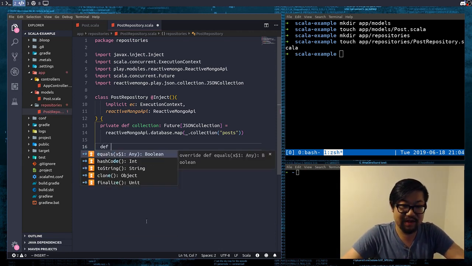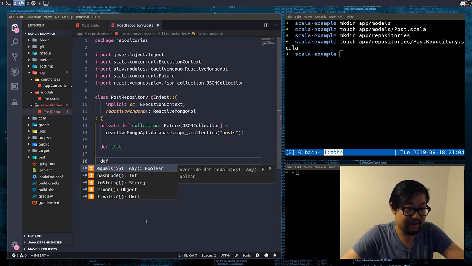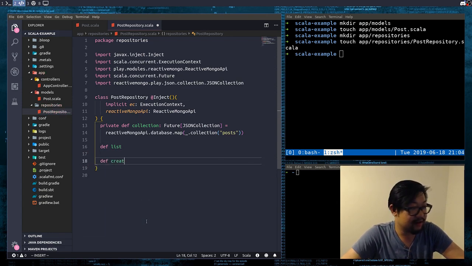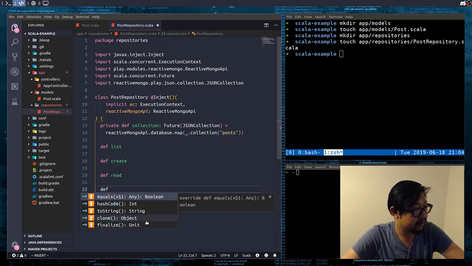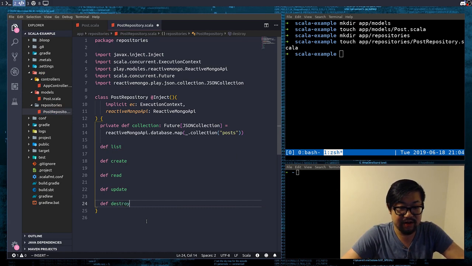which is gonna be list. We also want create, read, update, as well as destroy. You can also type in delete, but I like destroy just because it sounds more destructive. It's just the way it is. Anyways,